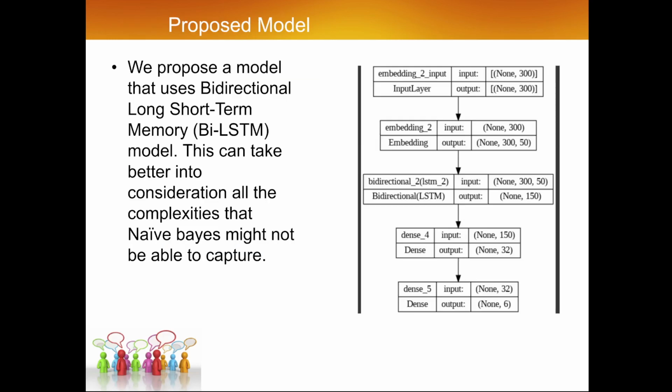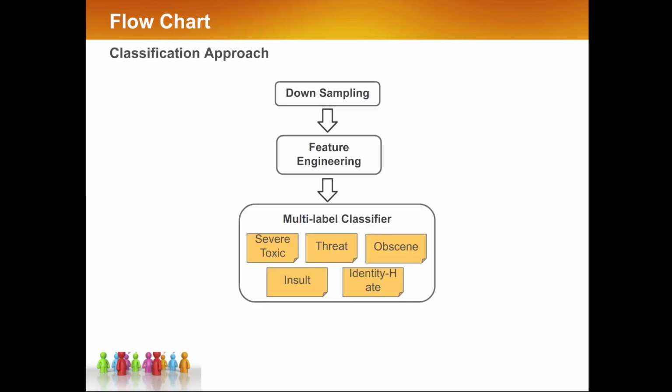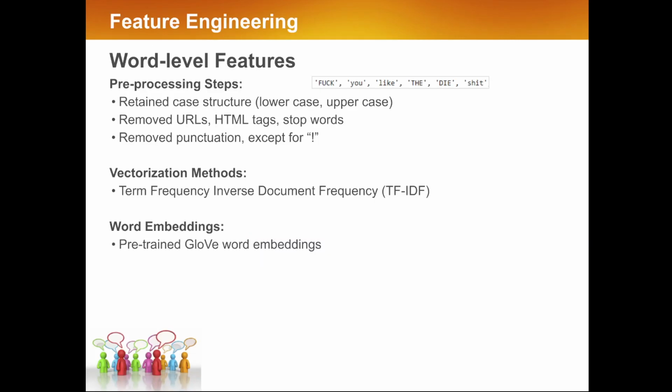So here is our proposed model, and we use a bidirectional LSTM because the context can be from the previous word and from the word that is after the current word. So we have done that, and this is our classification approach. In terms of pre-processing, we were retaining case structure, removing URLs, and removing punctuation. We have used TF-IDF vectorizers to convert and tokenize the initial string